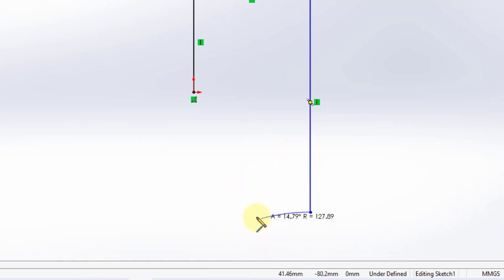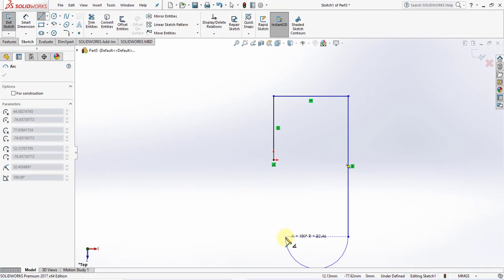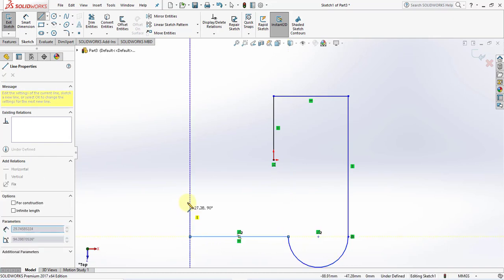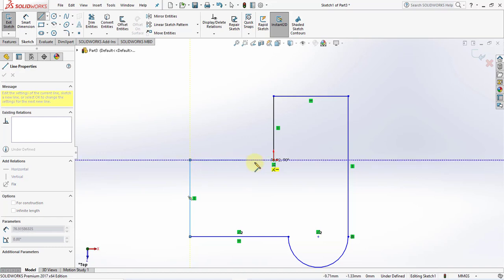But we will learn in the next section how to create the circle. So this is a circle with the line command. Go ahead, vertical line, and this is my horizontal line.